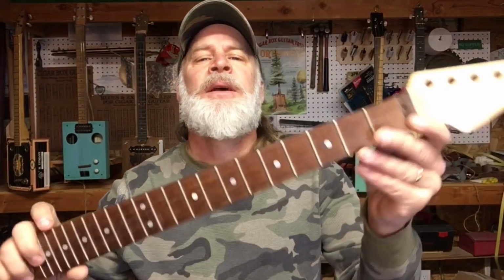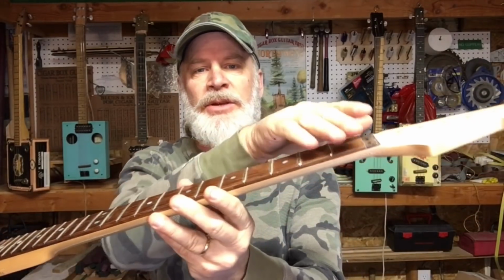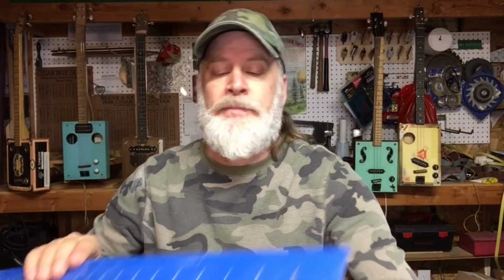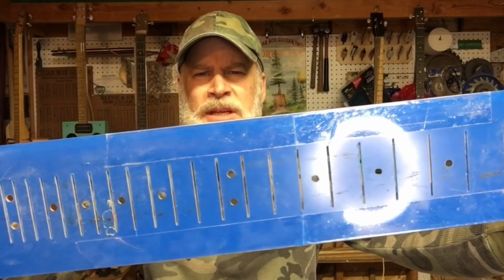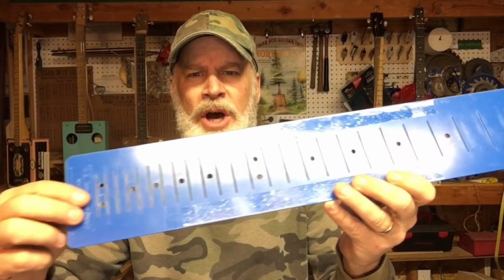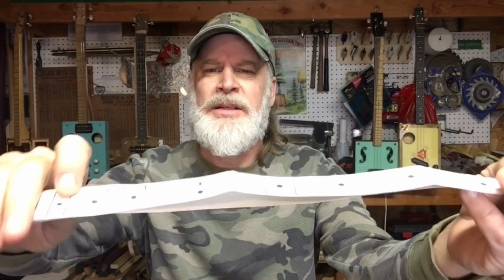Alright, we have a lot of information to cover in this video. So starting right off the bat, get your favorite guitar and just some paper and a pencil and just trace out the fret spacing and create a template. You can do that. Or you can purchase these templates for any scale length that you want. This one here is a 25-inch scale and it's just got the slots in there so you can just mark on them. You can get these, or I go online to cvgiddy.com and I purchase these custom templates, and I have every scale length,